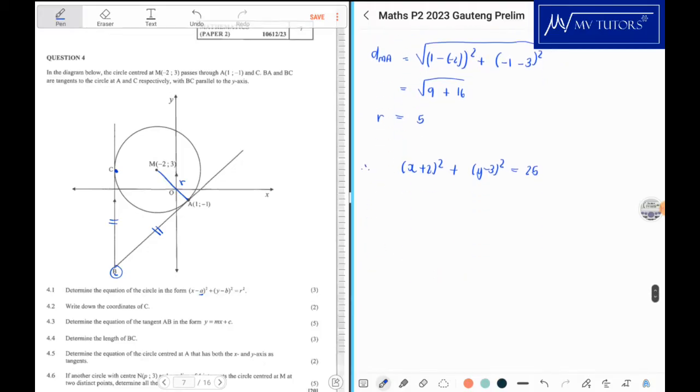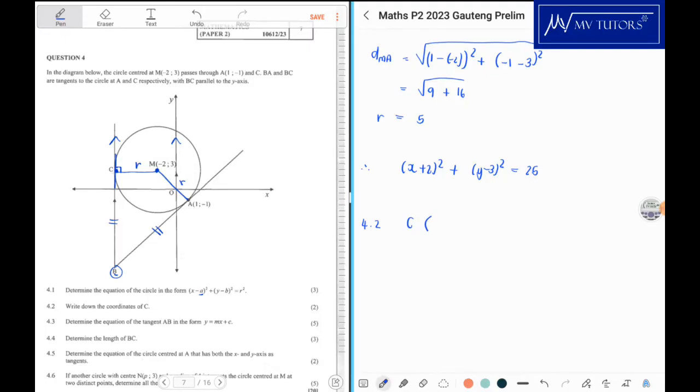Alright, now 4.2. Write down the coordinates of C. Okay, so we know that line CB is parallel to the y-axis, that was given. And also, from the center to the circumference where we have a tangent line, actually, we know that tangent BC is perpendicular to the radius MC in this case. So as such, we can then say